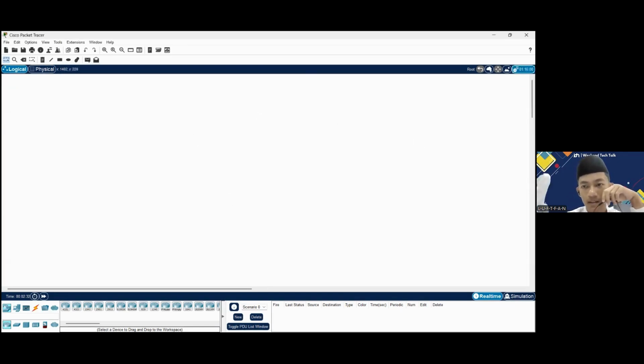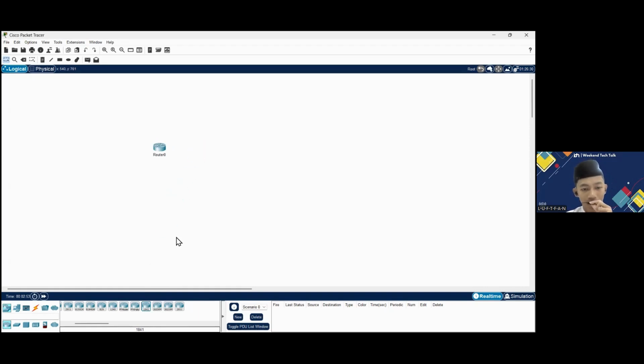Down in the bottom you can take a Cisco router, that is 1841, just for the lab.